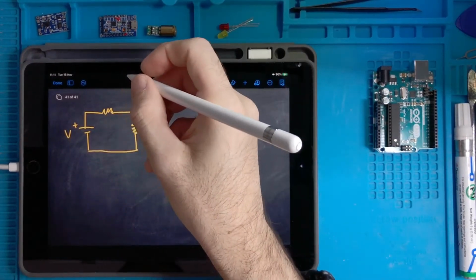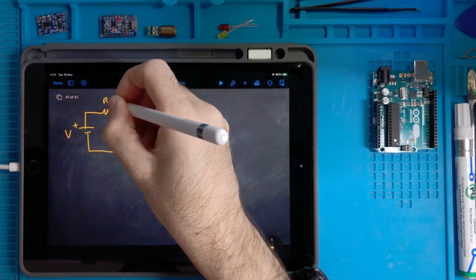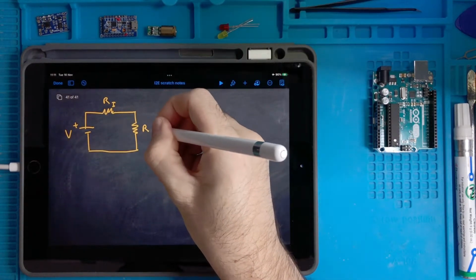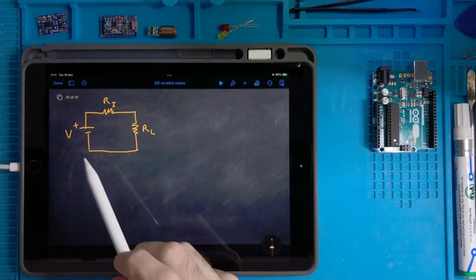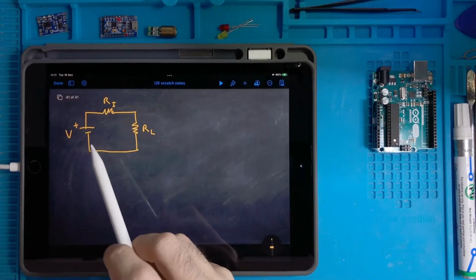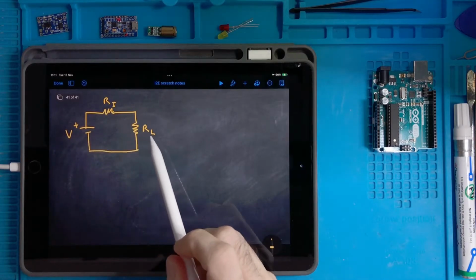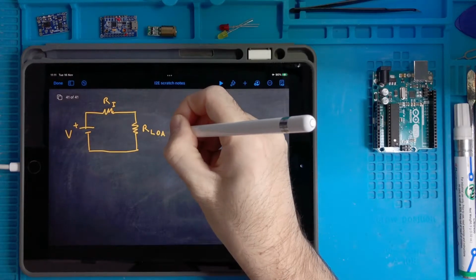So V, R, I call it Ri, and RL. So let's say that what we want to do now is to take one battery and power up what is called a load. So our load,